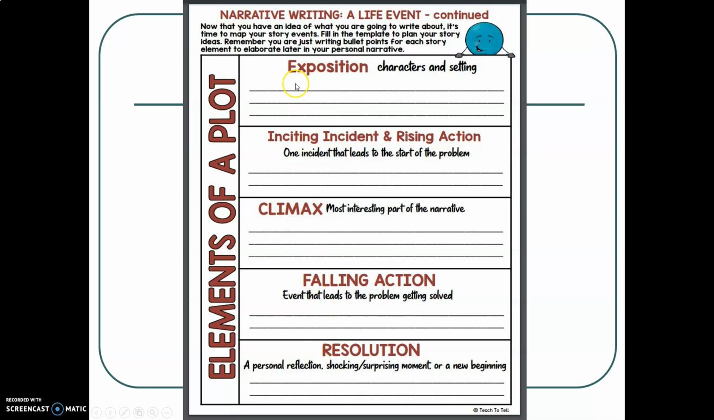So we know that all great writing has different elements to make sure that the writing is well organized. We begin with the exposition, where the writer introduces the characters and the setting. After that, we have the inciting incident and rising action. There is one incident that leads to the start of the problem. After that, we have the top of what we would call the hill that most of us are familiar with,